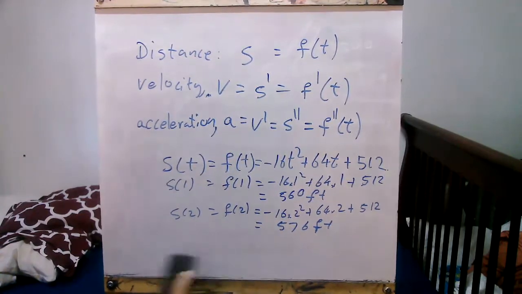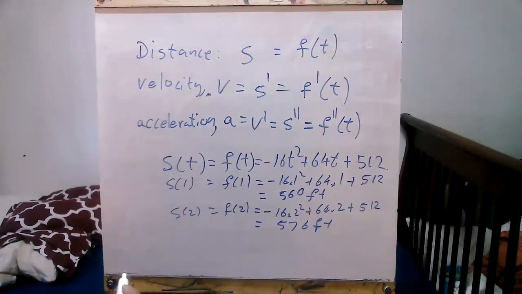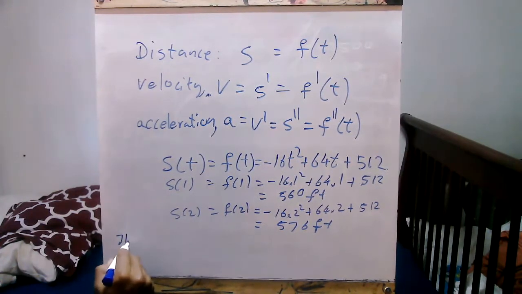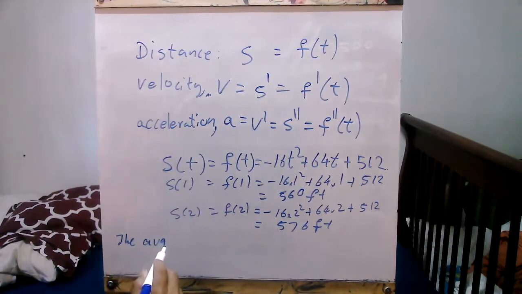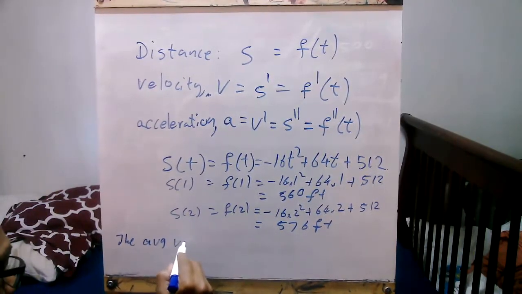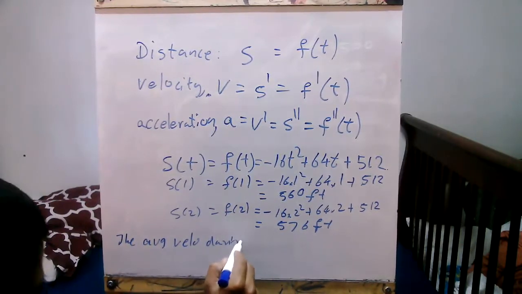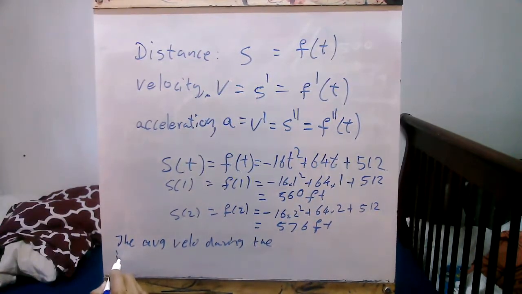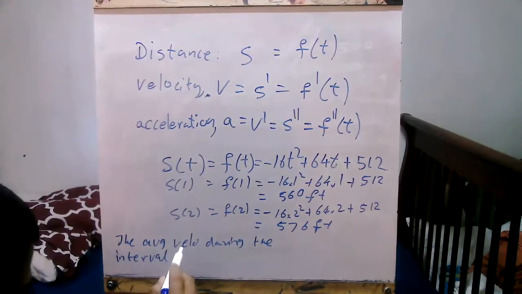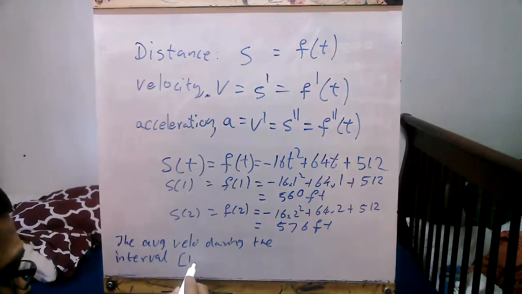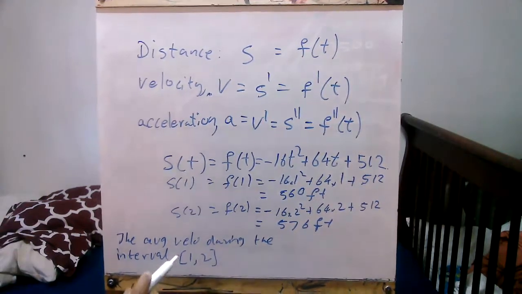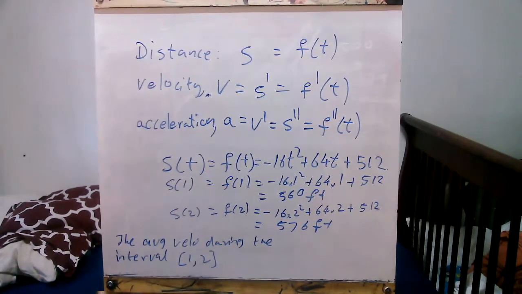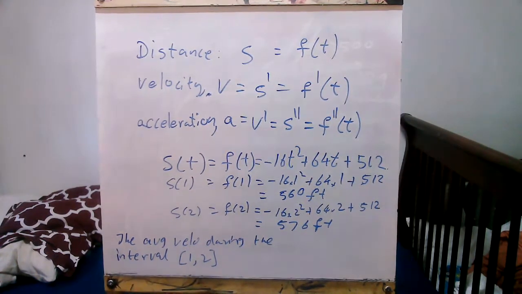To explain the concept, we can say the average velocity during the interval, between 1 and 2 seconds, is